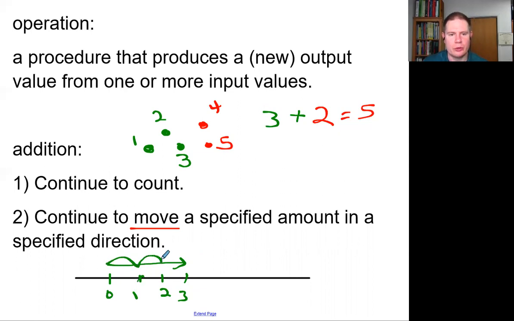Go 1, 2, 3 to arrive here, or just move in a straight line to 3. So if I'm adding 2 more, that means I'm continuing to move in this growing, positive direction. This distance of 2, that 2 moving forward,